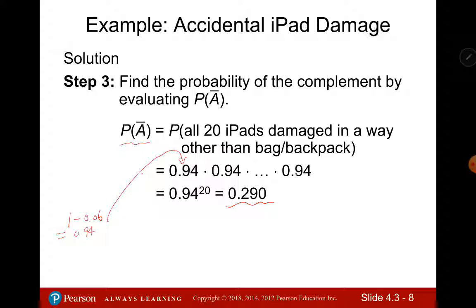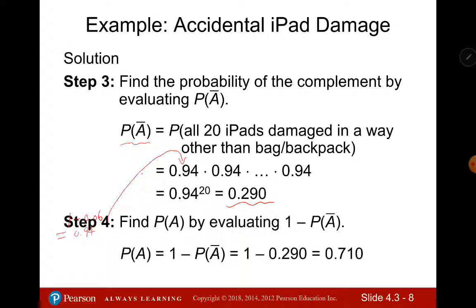So we just use the regular probability, 0.94. Okay, after we get the probability of A bar, we are interested in the probability of A, not A bar. Remember, we are interested in the probability of at least 1. So the final step, we should use 1 minus this probability of event A bar to get the probability of at least 1. So finally, we get